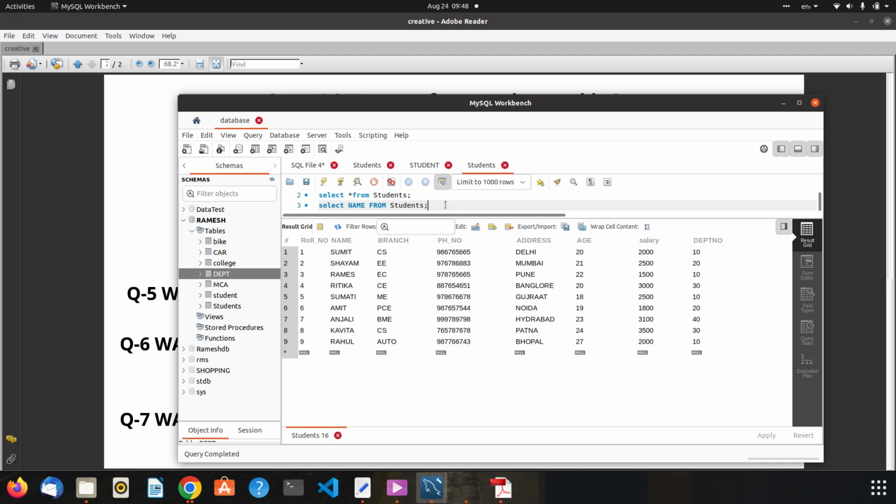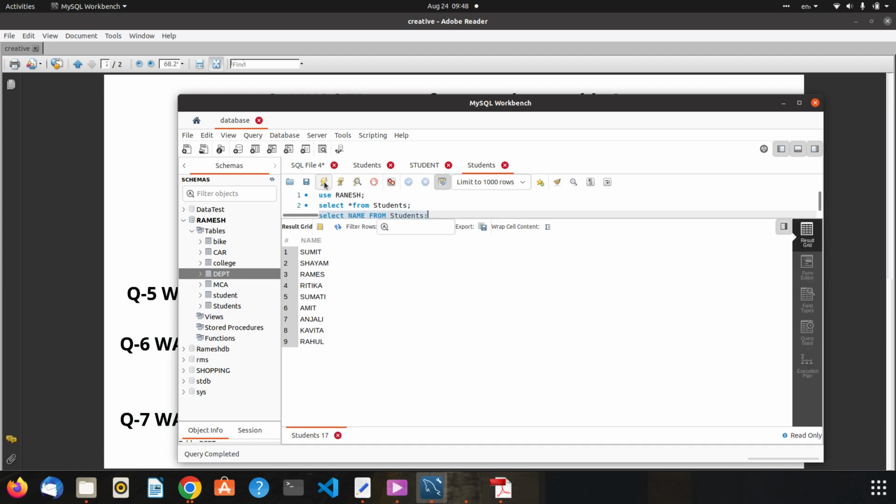When we run this query, it shows all names of the student table: Sumit, Syam, Ramesh, Ritik, Sumati, Amit, Anjali, Kavita, Rahul. These are our students' names. Okay guys, do you understand? If you have any doubt, then ask in the comment section.